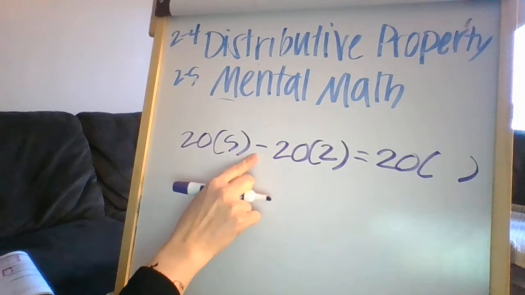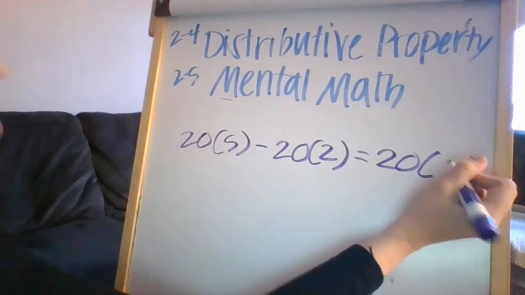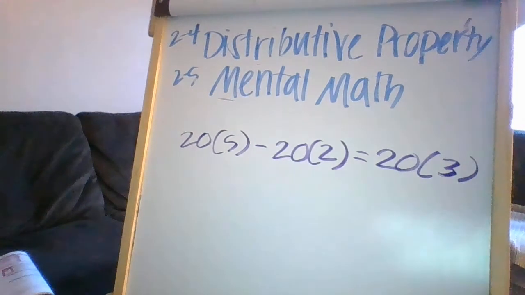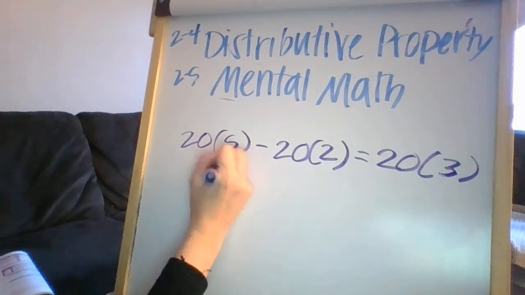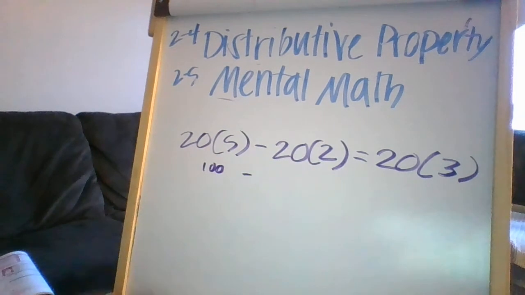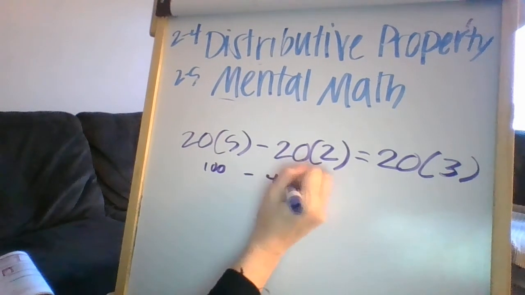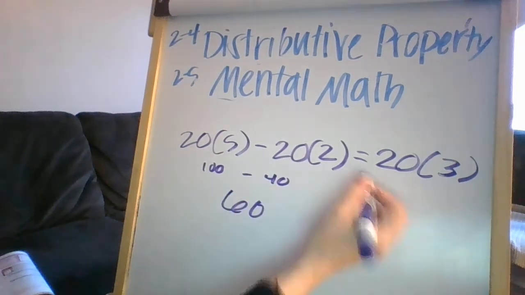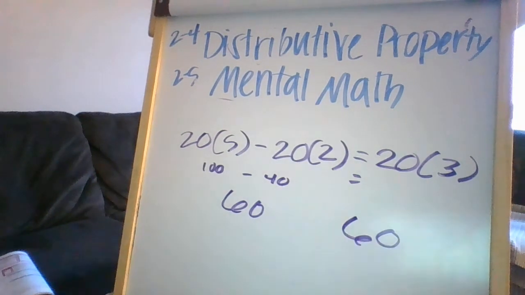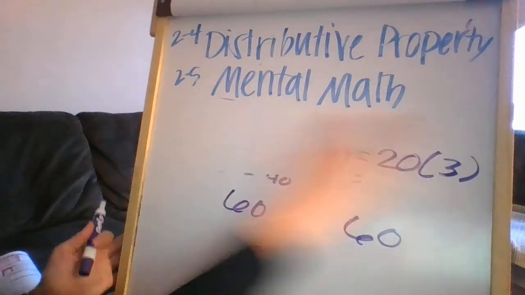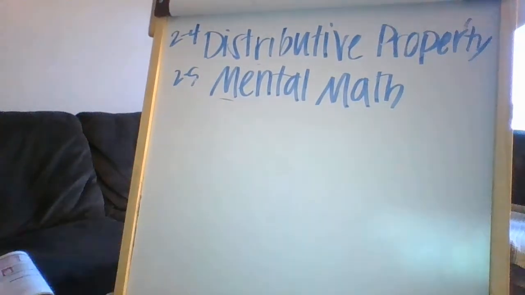But keep in mind the sign that we have. This spot, it's going to be a 3. So if we're taking a look at this, 20 times 5, we have 100, minus 20 times 2, which is 40. We're going to subtract, we get 60, which over here, 20 times 3, same thing as that 60. Okay? I'm going to show you one more, taking a look at our distributive property, and that's this one right